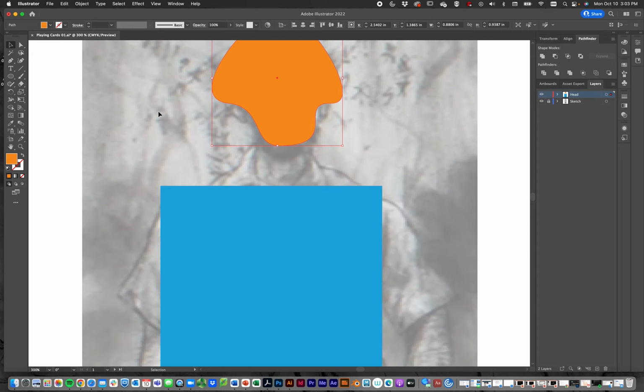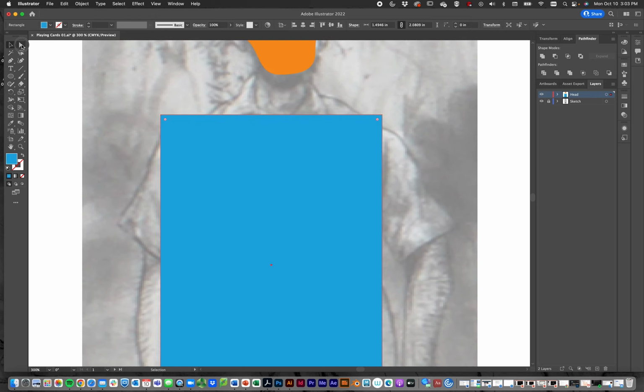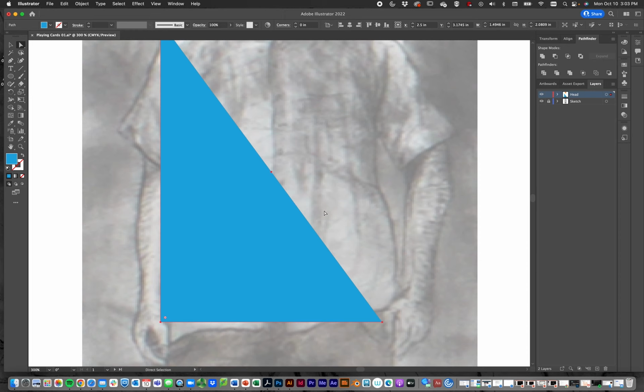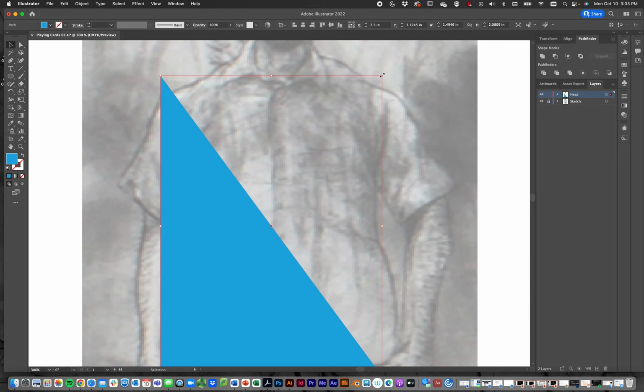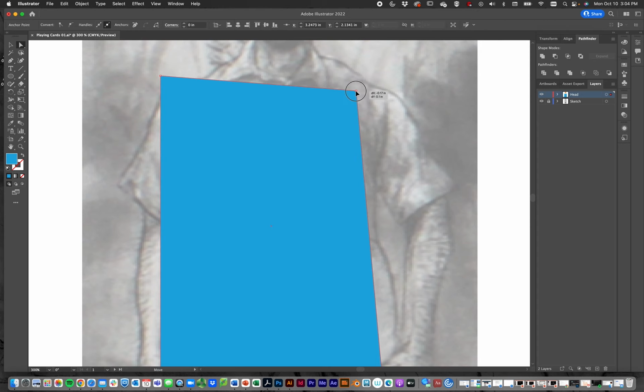So if I wanted to, I could select my rectangle here. I could grab the white arrow tool. I could just make sure I have one of these selected. You can see it's selected because it's filled in and the other ones are white. And if I just delete it, all of a sudden now I have a triangle, right? Instead of a full square, right? But all I've done is deleted the point. So again, if you hit Command Z or undo, it'll undo those things. But I can do stuff here, like if I just grab that and tweak it, I can actually change or adjust